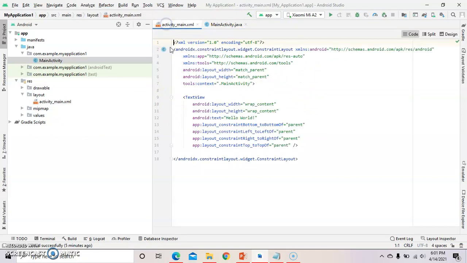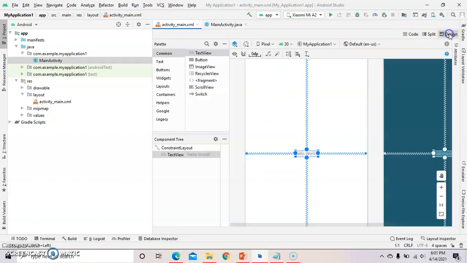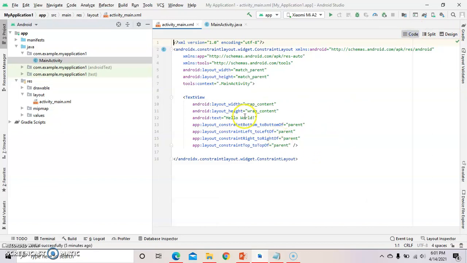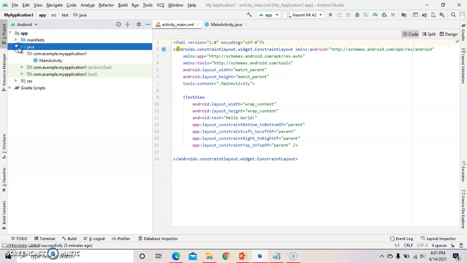So here the TextView is there in the design, right? In the TextView, we just need to write hello world. Output will be hello world. When you run the project on your mobile, hello world output will appear. One app will be created in your mobile and hello world is there. Okay, so this is the default code. MainActivity.java is in the Java folder, right? And then the design file is in the layout. By default it is like this.